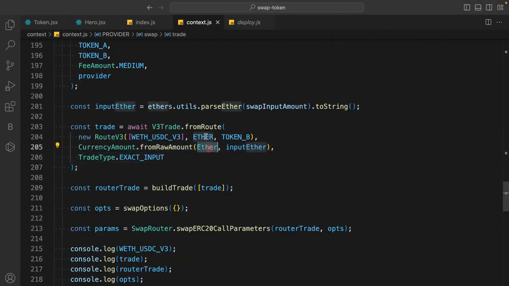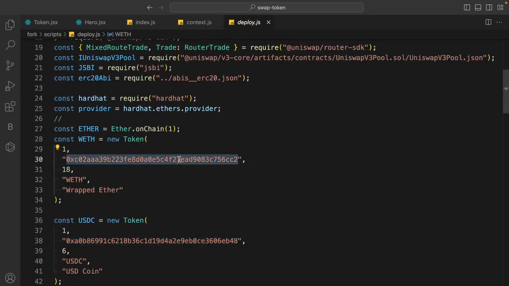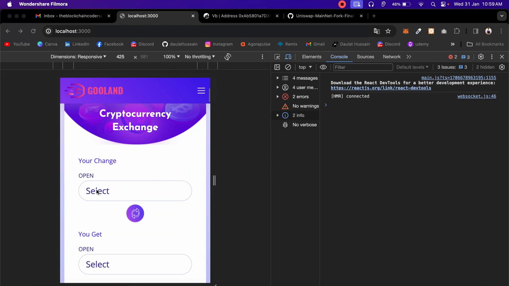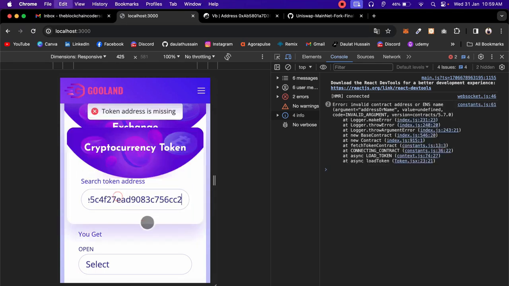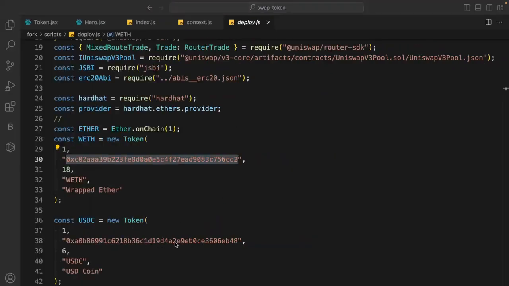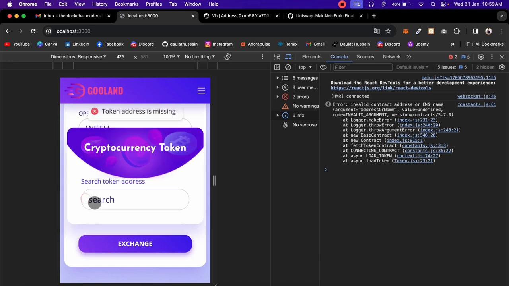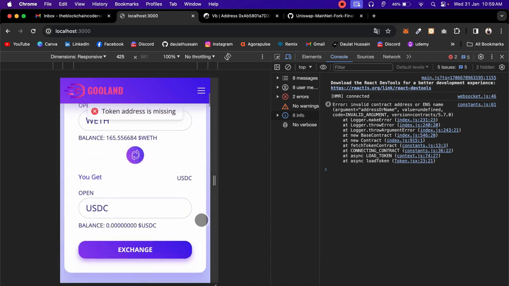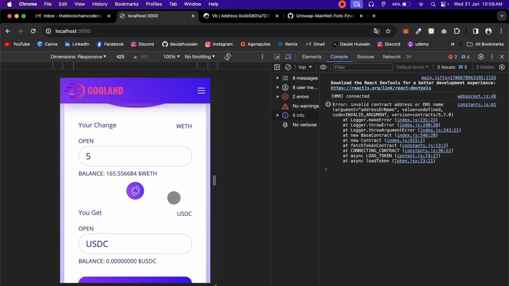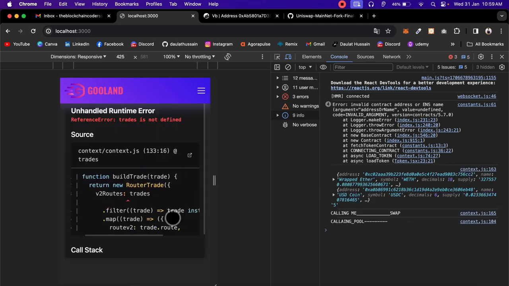Here we have to call this ether, not small ether. Sometimes this auto typing creates a lot of mess. Again, let's give it a try. Copy, come back here, click on this open, paste, and select that token. Now we have to come back here, copy, come here, click on this open, select, and now we can simply do the swap. I can say 5, click on this exchange, and here I got this problem in the router